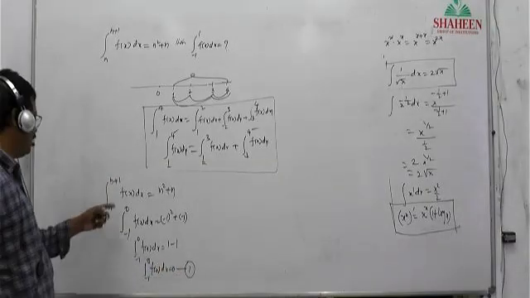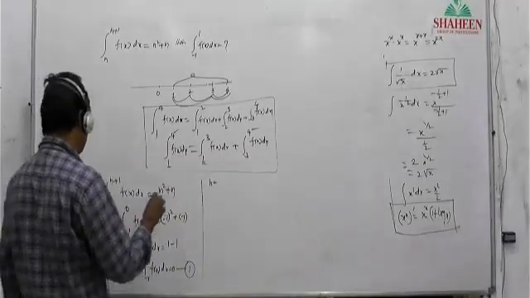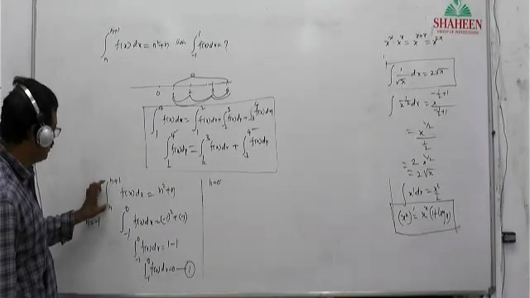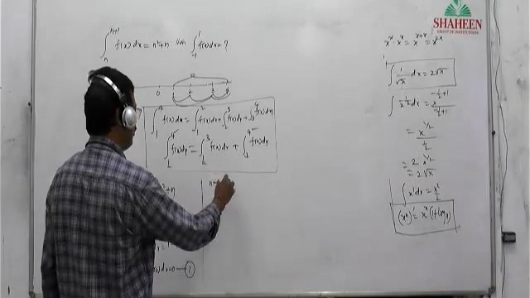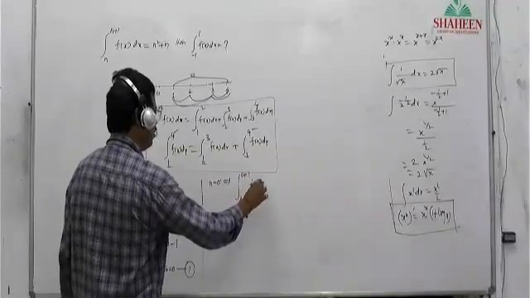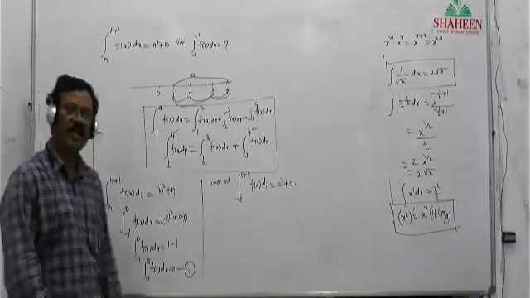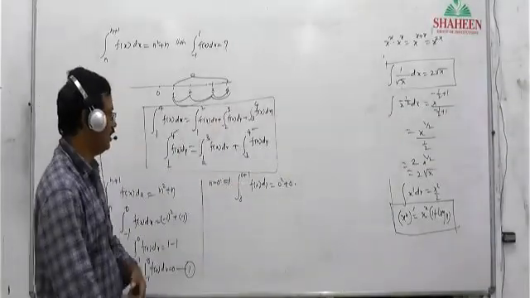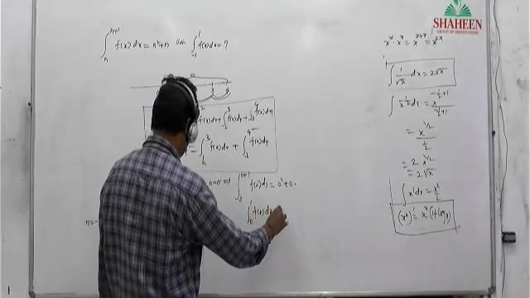Okay, now in this, again put n equal to 0. Now put n equal to 0. The integral from 0 to 0 plus 1 of f x dx, with n square plus n at n equal to 0. Is it okay, all of you? What I did here: wherever n is, keep 0, and we got this. What about the integral from 0 to 1 of f x dx? What did we get here? 0.